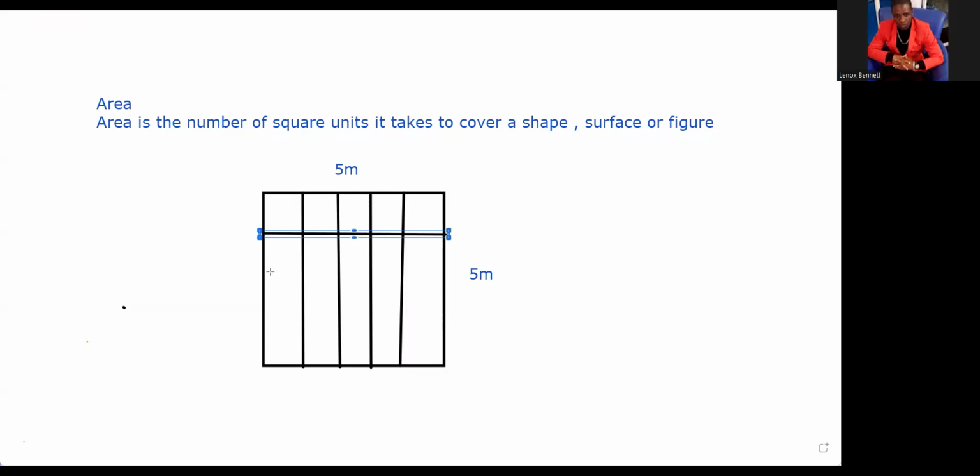One. 2. Kind of leanish, you know, but okay. Work with it still. So let's count them to see how many. That's literally how we find area. 1, 2, 3, 4, 5,